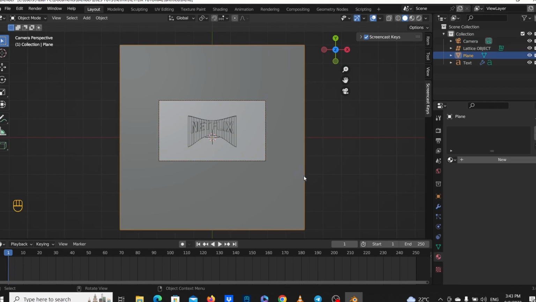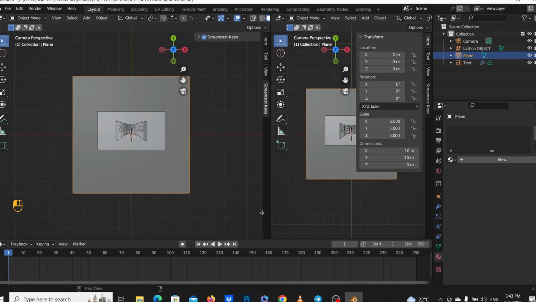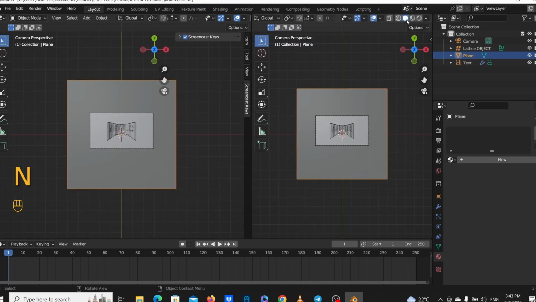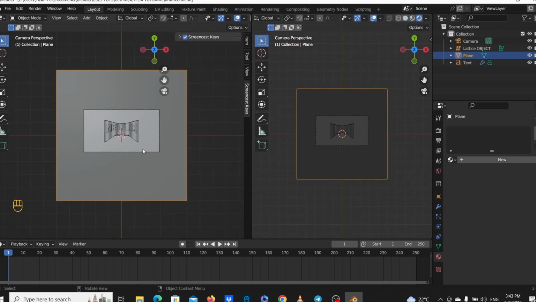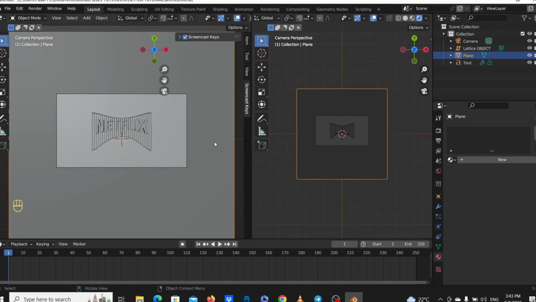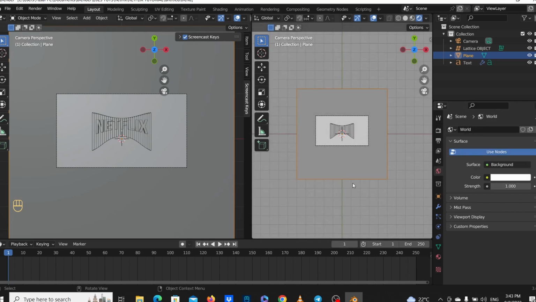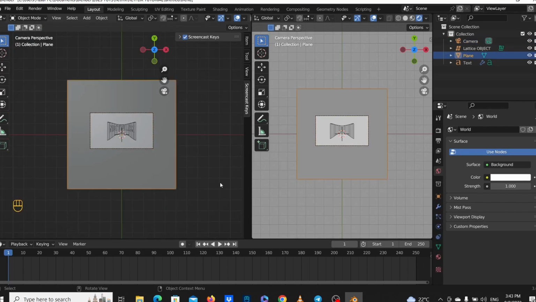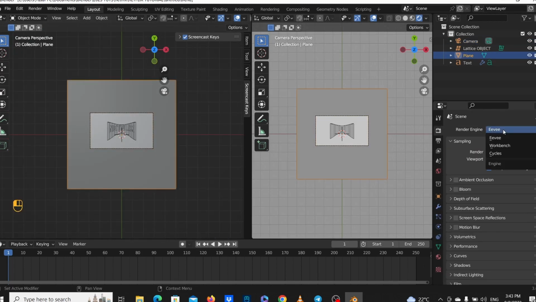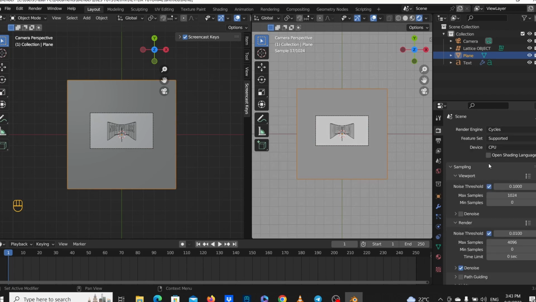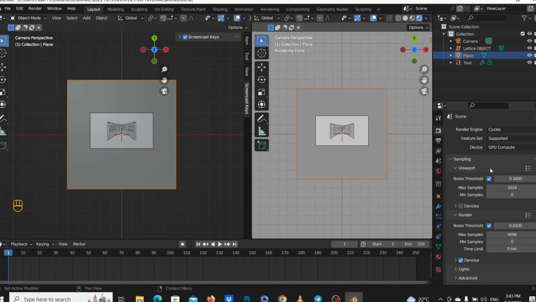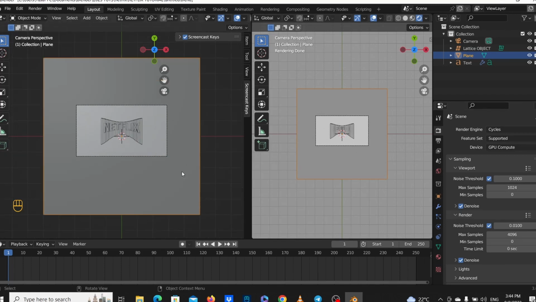Now we have that set up. Let's set up our materials. So let's open another window on the side, and let's get it to rendered view. As you can see, our world setting is on black, so let's change that to a white background. Let's also change the render engine to Cycles, and if you've got a GPU, put that on, and denoise as well. So let's change the material on this,